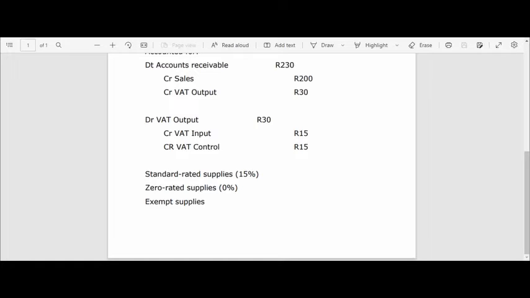I'm not sure what you want me to repeat, ladies and gentlemen. Maybe we'll just go through the whole process again. If we have a debt that we cannot recover, we've got to write it off. So we're going to completely cancel the whole amount that that debtor owes us, in this case 230 Rand. So we're going to credit accounts receivable with 230 Rands. We're going to debit our,